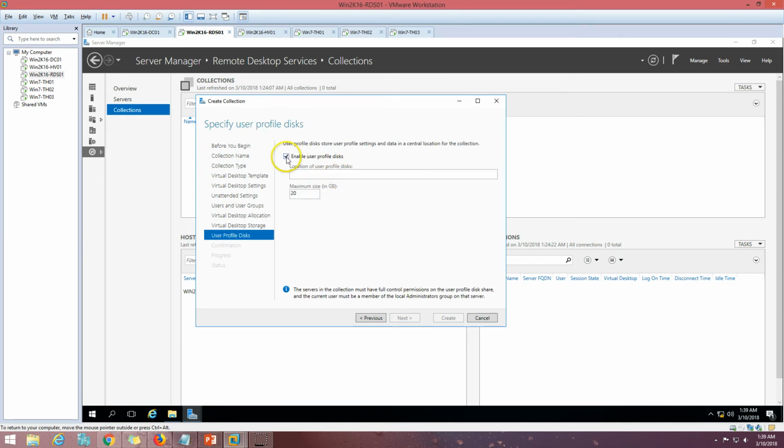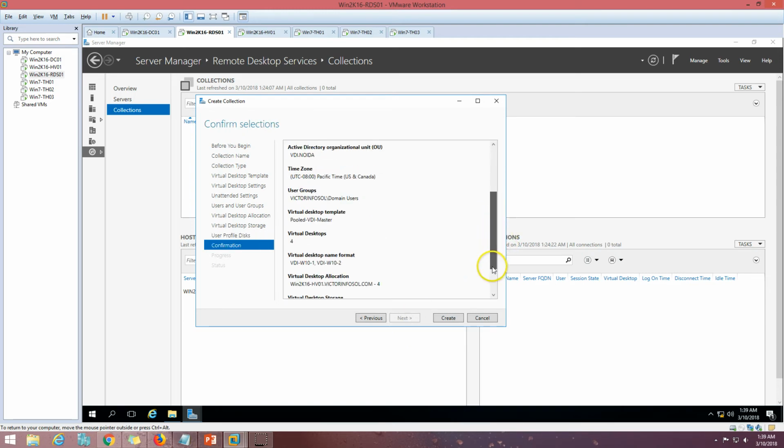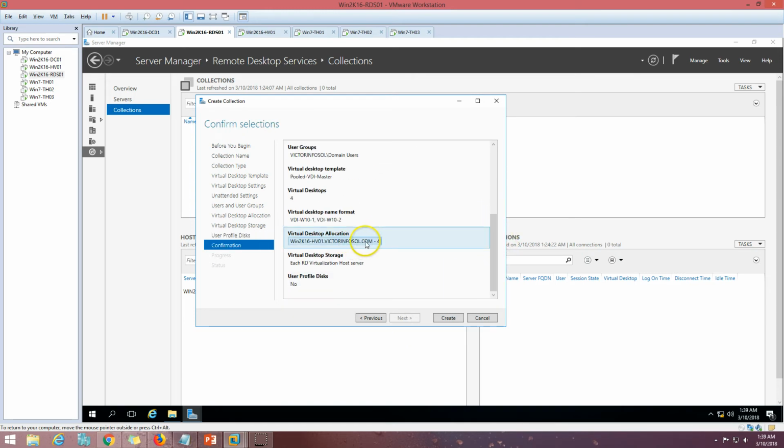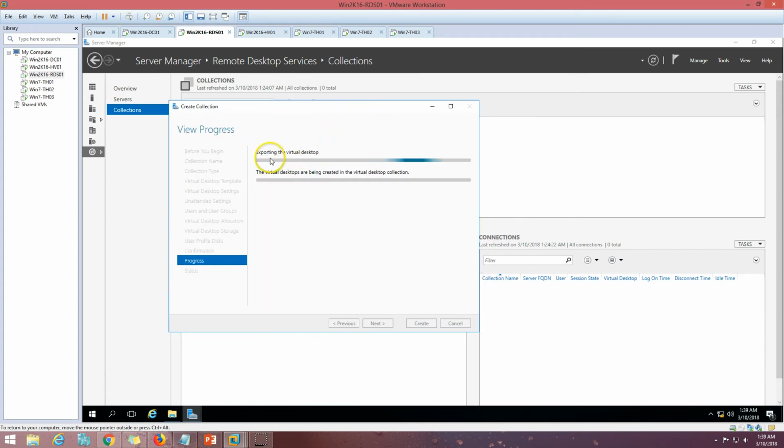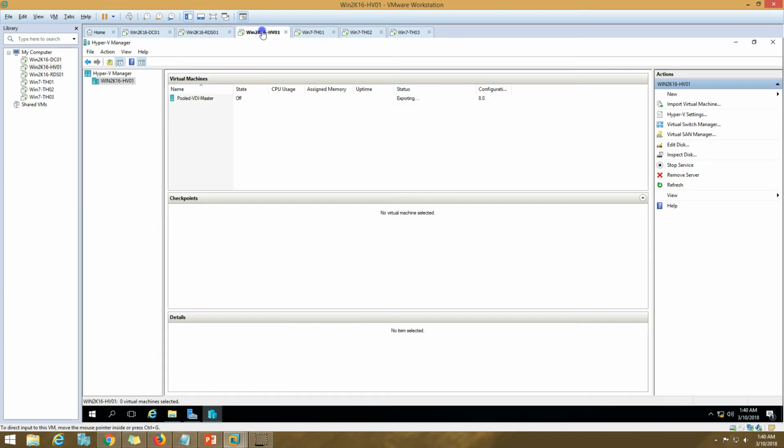Click next. Now I'm not going to use the profile disk for now, so uncheck this, click next, and here we go. This is what we are going to do: the machine is formatted, and the 4 VDIs, so all details are good. Click on create. Now you can see exporting the virtual desktop is running, so it means on a Hyper-V machine it's exporting the